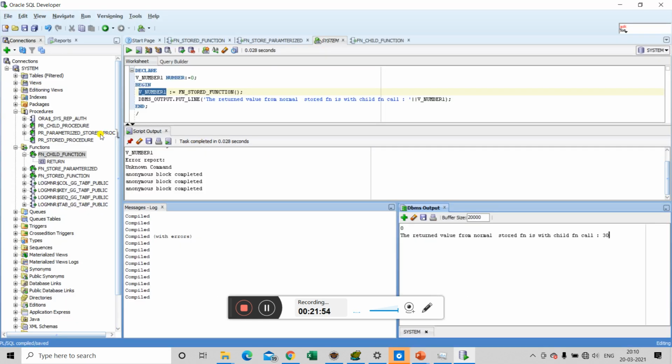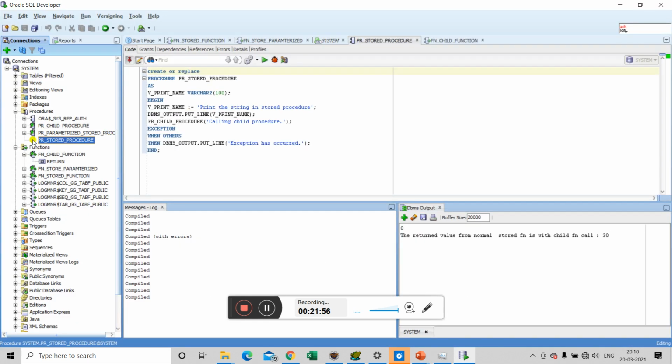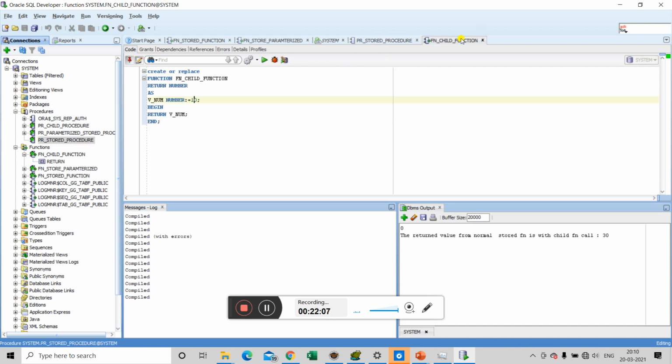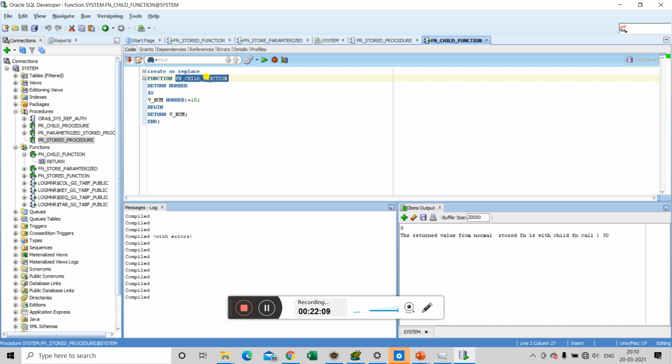As we have already created some stored procedures, let's take one of them named pr_stored_procedure. So first we will call our function called fn_child_function.